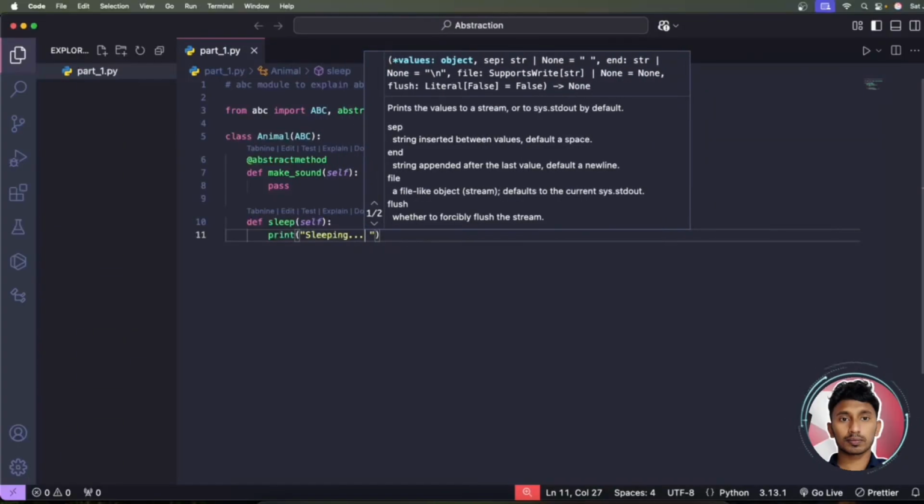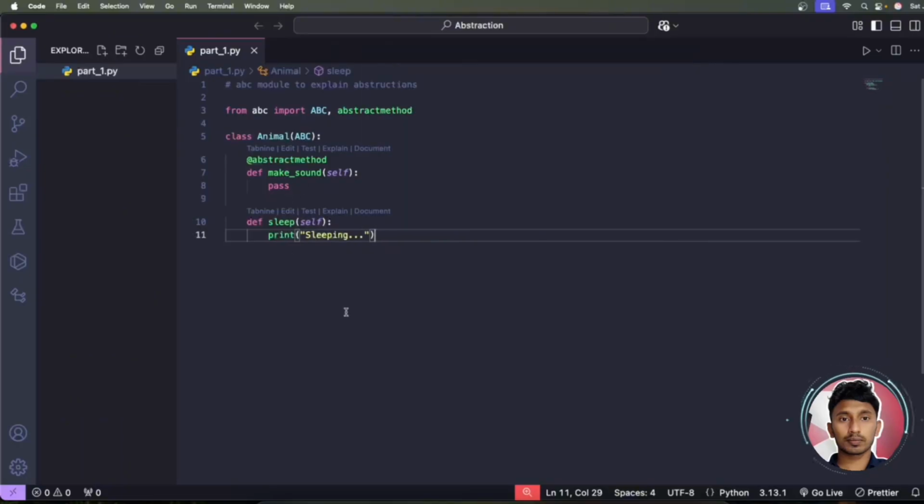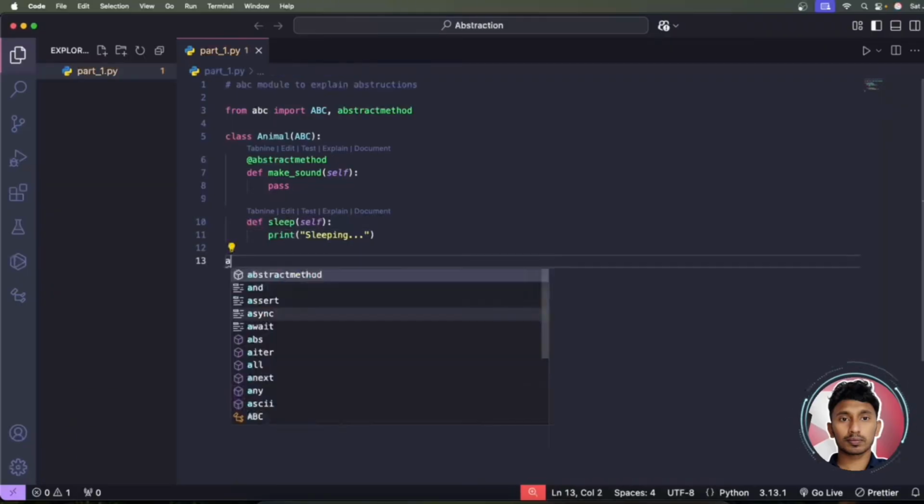Okay, something like that. And next, trying to inherit an abstract class will raise an error if you actually call Animal. For example, if I define Animal